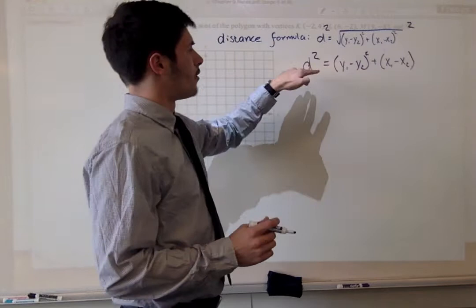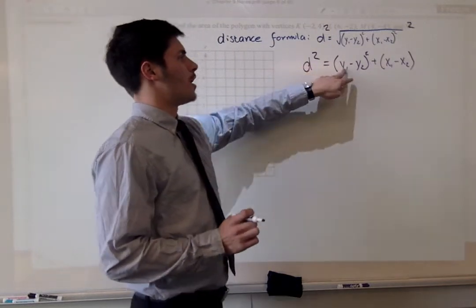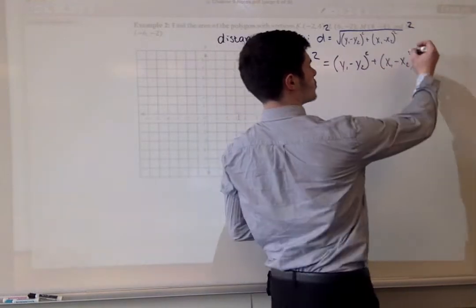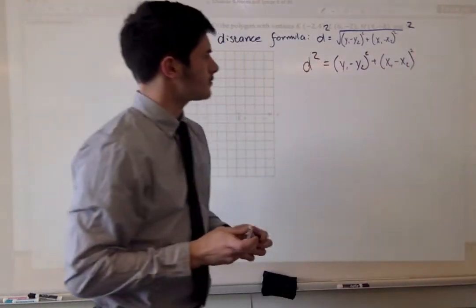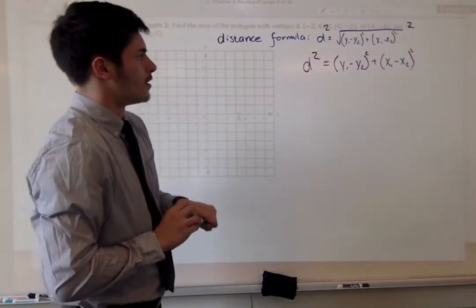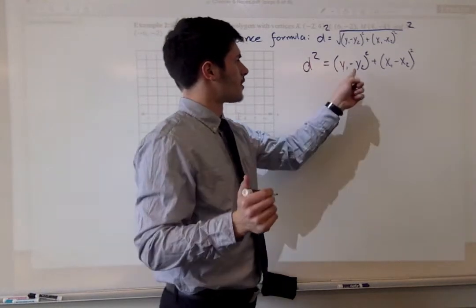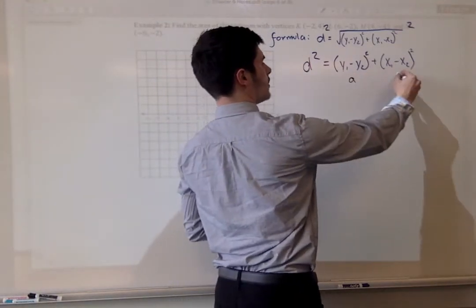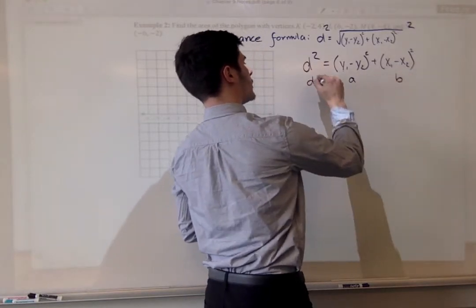So what we have now is d squared equals (y1 minus y2) squared plus (x1 minus x2) squared. So what if we said that this equals A and this equals B? Well, then we literally have